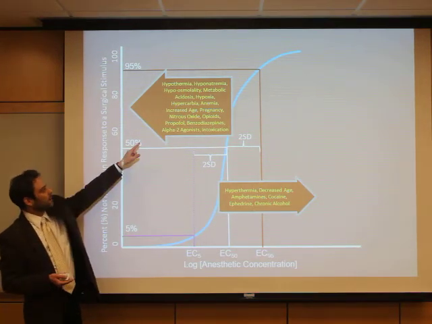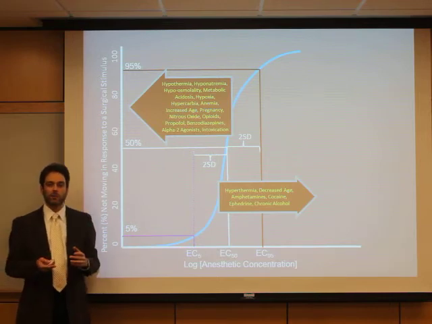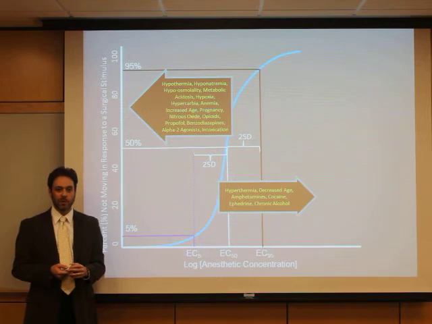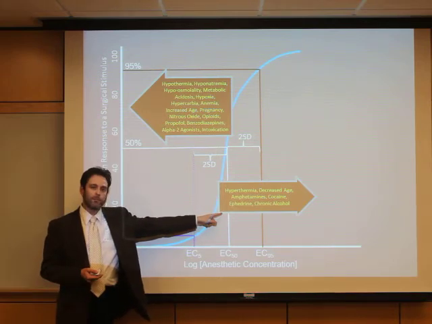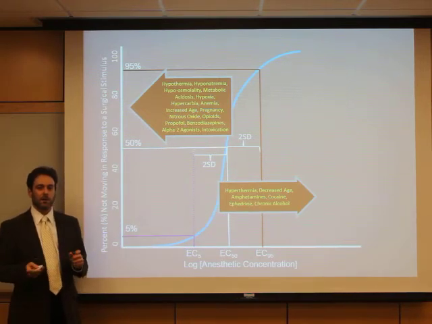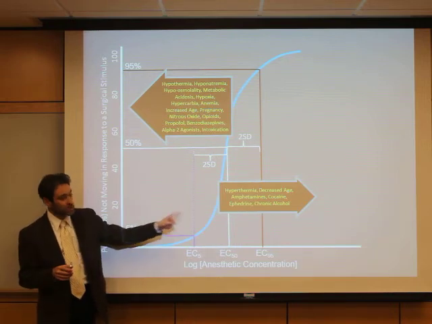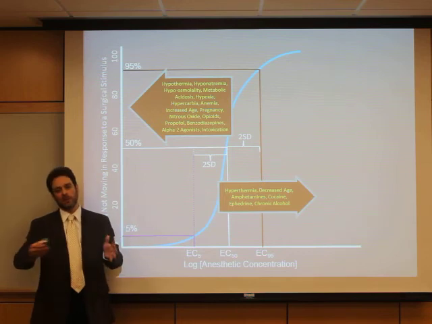The big arrow at the top shows factors which are known to decrease the amount of anesthetic required to abolish movement in response to a noxious stimulus. And more important to remember are the factors that require increased anesthetic in order to abolish movement in response to a noxious stimulus. Because those are the factors that if you don't take them into consideration, you could potentially underdose